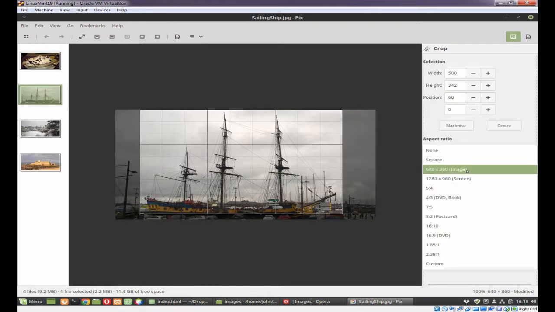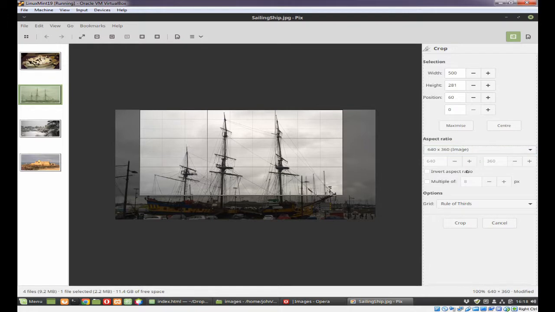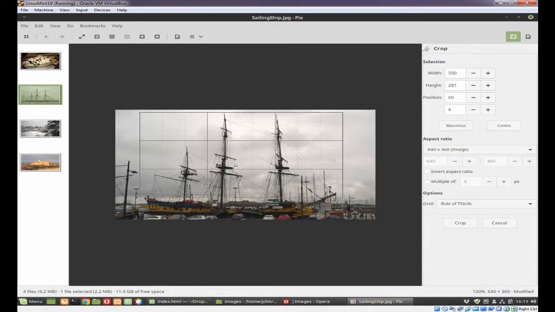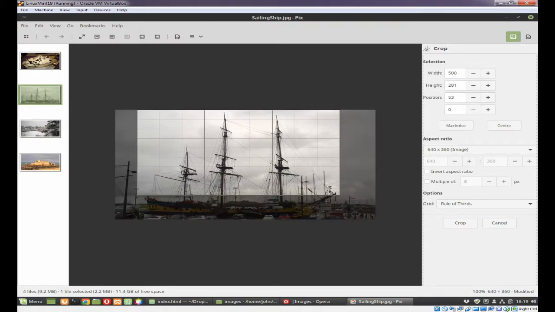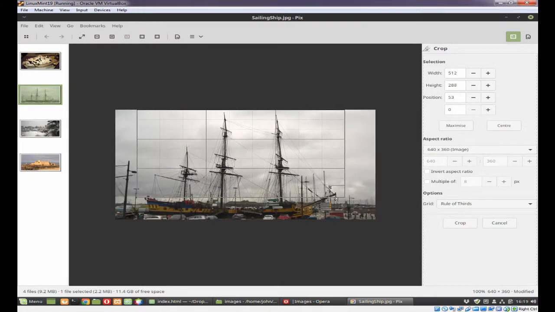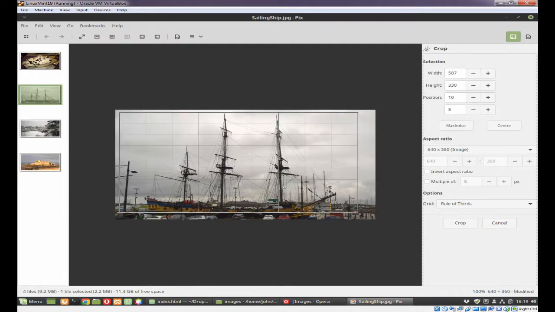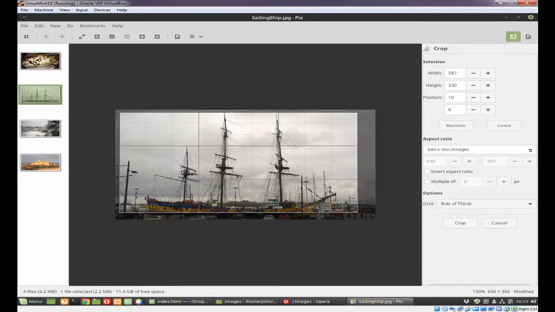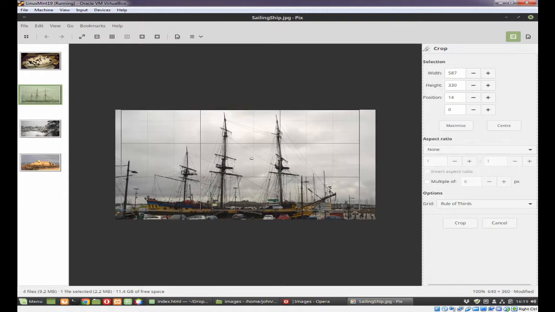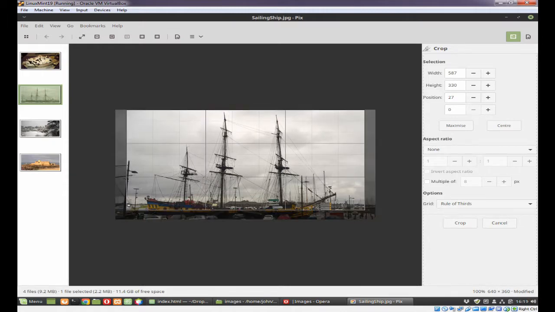You could actually go back into the aspect ratio if you wanted to, and as you can see, by doing so, we've actually got a bit of a problem, because then we need to bring it down if we're going to keep the aspect ratio, and let's see, it defeats the object. Okay, so if we take it back to none, okay, we can, let's just make that smaller,